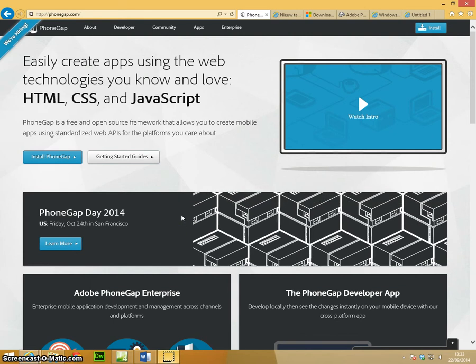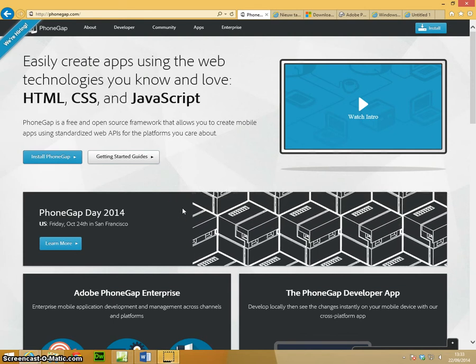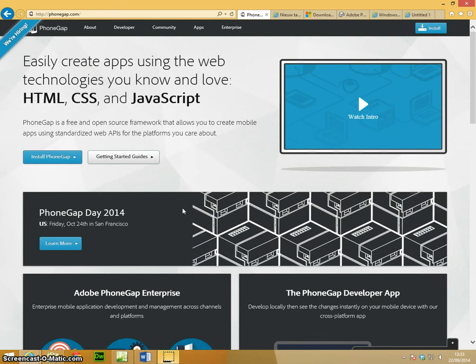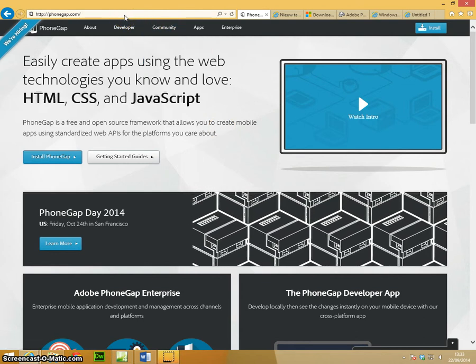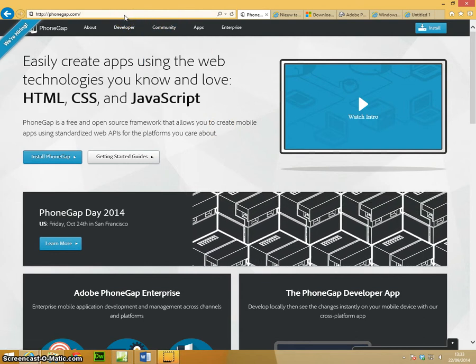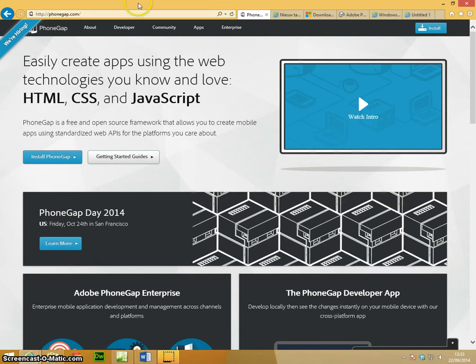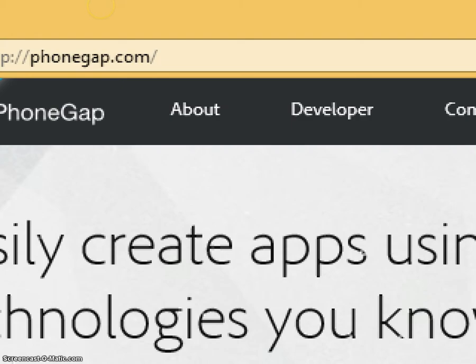So, how to create your own app. In this tutorial, we're going to use PhoneGap to transform our website into a native Windows app. You can visit and download PhoneGap at the website